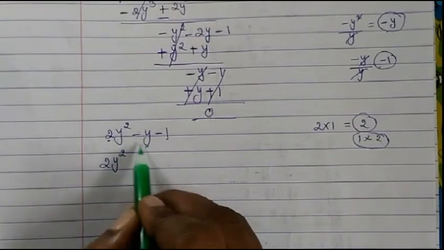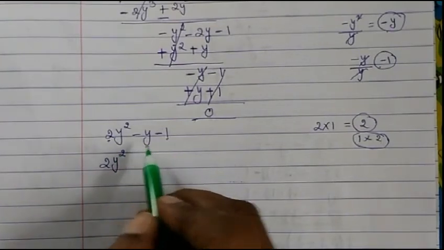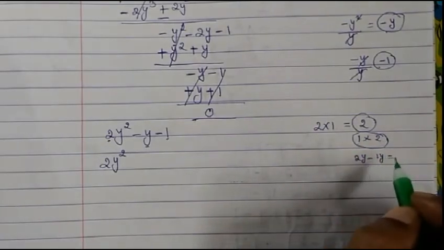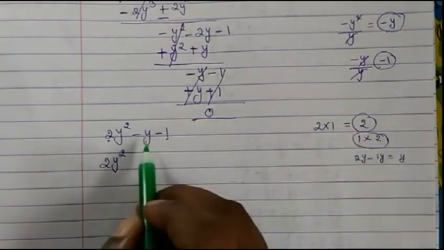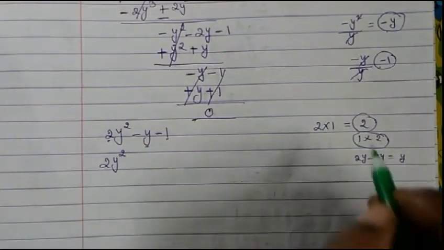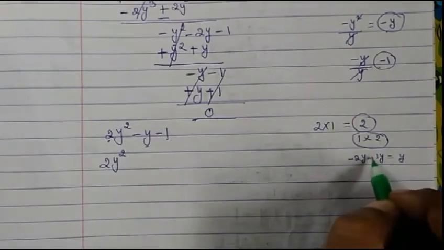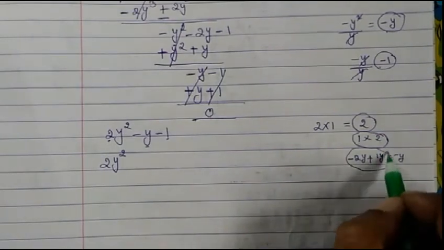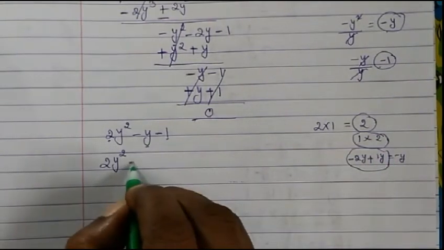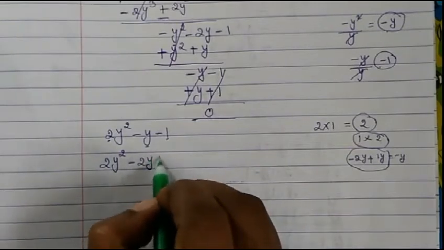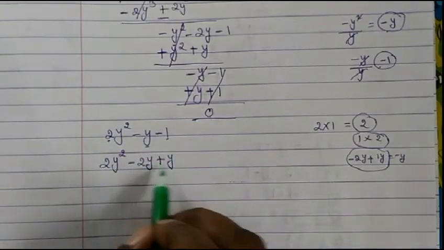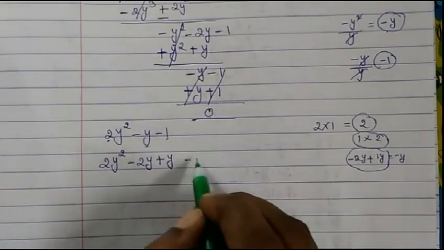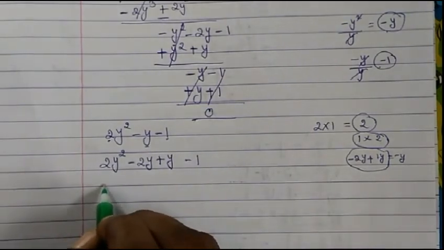So let's write down now 2y square. Now middle term is minus y. How to get minus y? From 2y, if we are minusing 1y, then we will get 1y, but then we have here minus. That means we should have greater number minus, smaller number plus. Then we will get here minus y. So therefore we will write down this here instead of minus y: minus 2y, then plus 1y will give us minus y. So this middle term we have written like this. Now remaining one write down as it is.